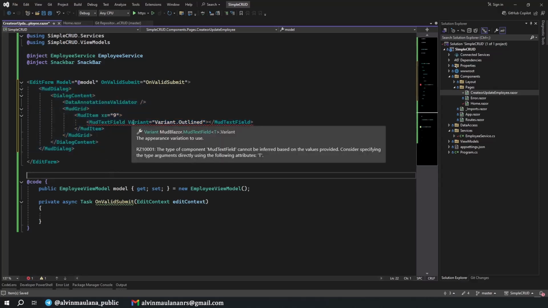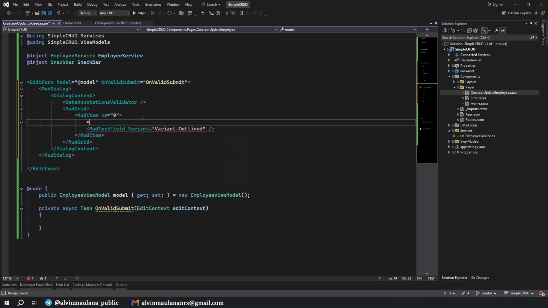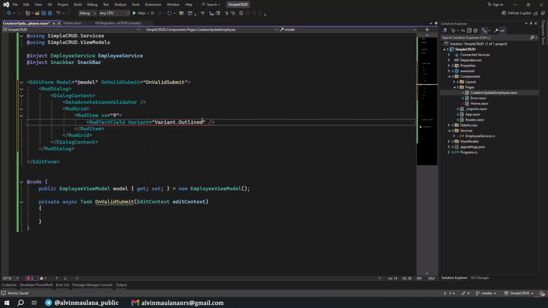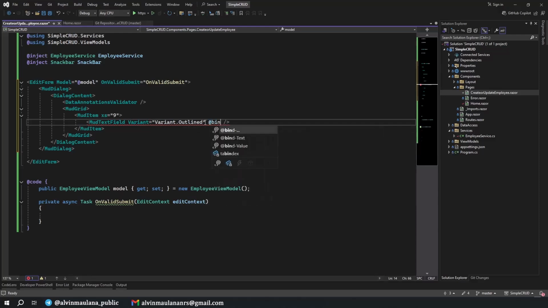Wait a minute, why is there an error? Maybe I try to define MudTextField. Oh, I think it is because of the model, we need to bind the value of our model. Is it Model.FullName? Why still error? I think just keep it like this.